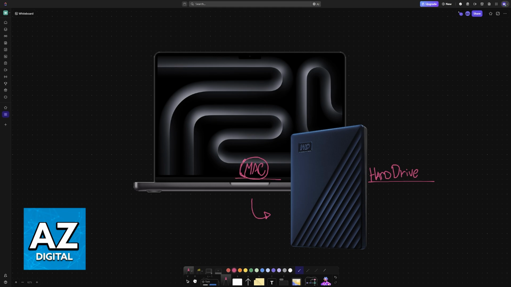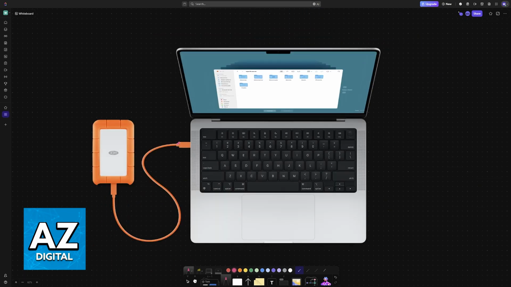So to do this, you will be connecting the hard drive or the SSD to your Mac. This will be primarily done using a USB cable. Of course, if there is a different connection type that your specific hard drive uses, then just plug it in with that method instead. But for 99% of external hard drives, you will be connecting them with a USB cable. So you plug one end of the USB cable into your Mac and the other one into the hard drive or SSD. Once this is done, it should be detected and you will have access to all of its contents.